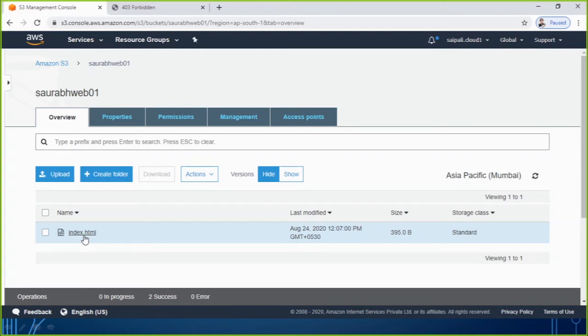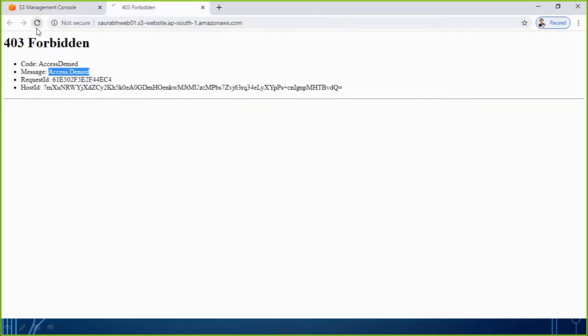The only thing is, when you go to this property while defining the file name, you will just add index.html, or whatever file name you have for the home page. That's it. So currently what we are going to do is we are going to this file also, because as of now we are still having no access.